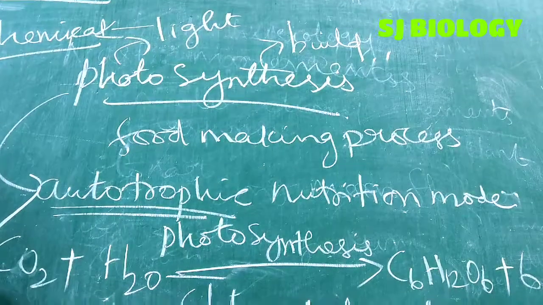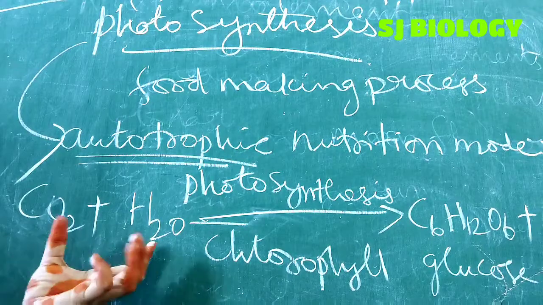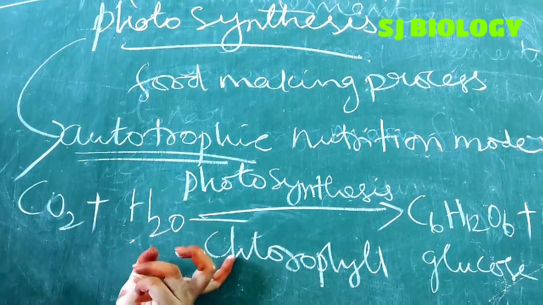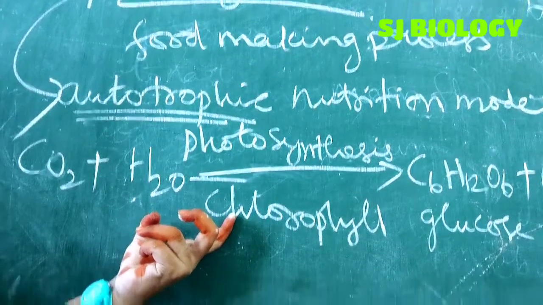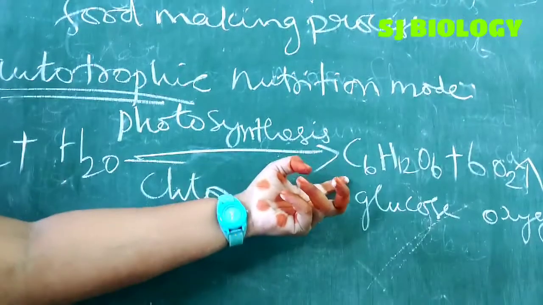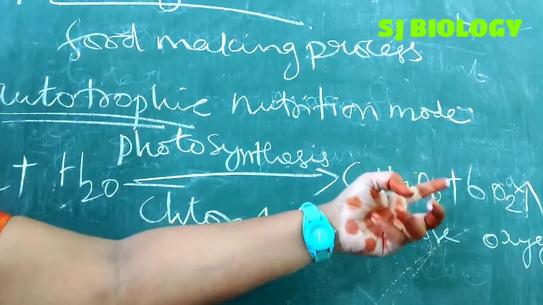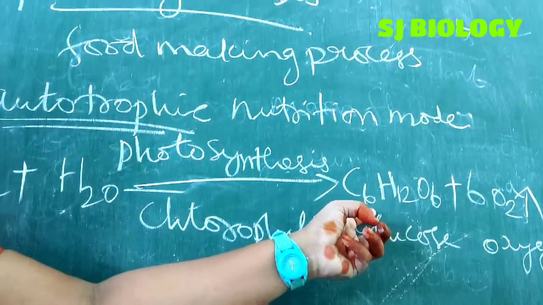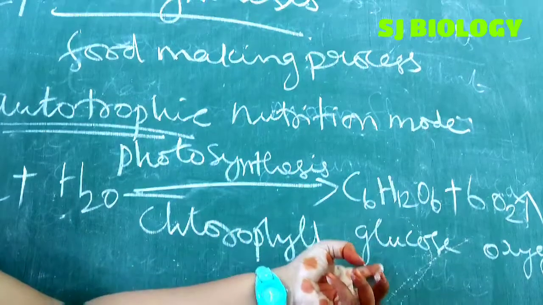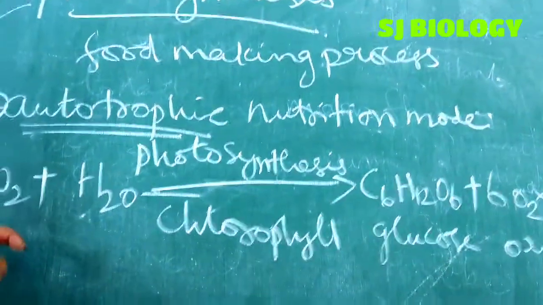So what we have is the combination of, as I have written, CO2, that is carbon dioxide, and then water. Using these two, with photosynthesis and the chlorophyll pigments, all green plants have chlorophyll pigments, and then we prepare what? Glucose, C6H12O6, I have written, no, and then oxygen molecules. So the byproduct is oxygen, and the end product is a glucose material, that is the starch. Glucose is C6H12O6. So the equation is balanced, no?